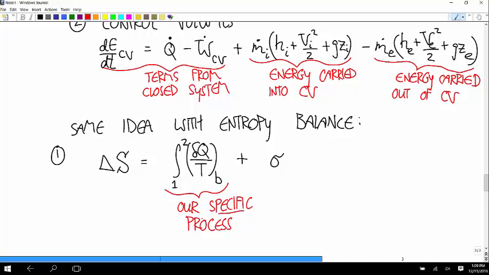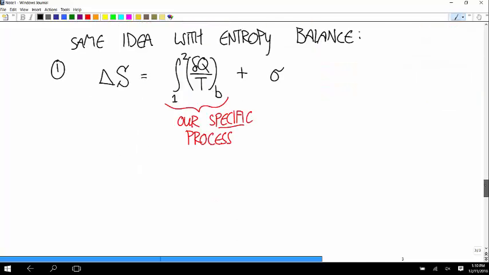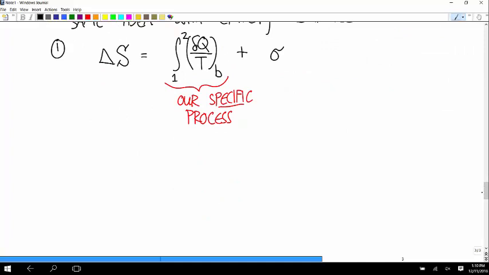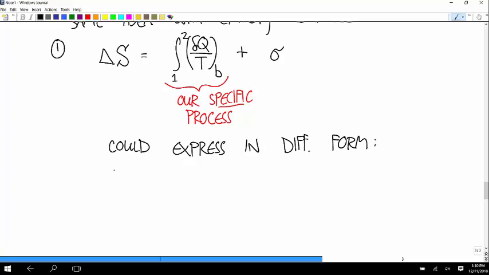If this was internally reversible, then you wouldn't have this here, and you would just have the definition of the change in entropy. Let's see. So you could also write this in, we didn't think about it this way, but you could express this in a differential form. That would say ds dt